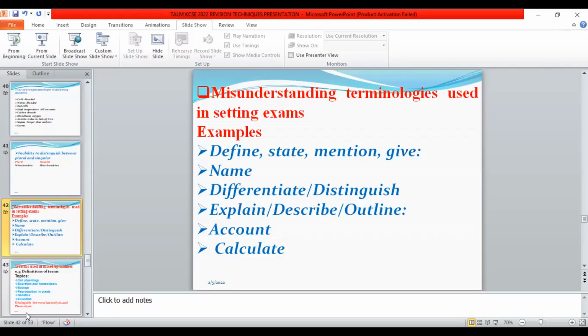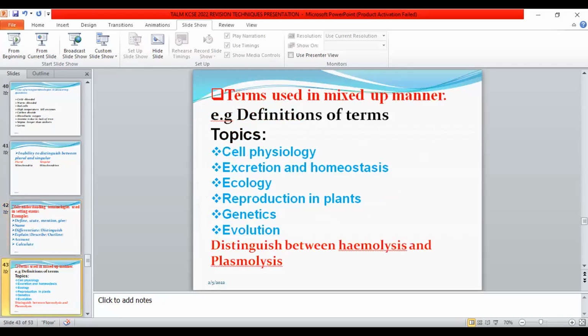If the question is carrying 2 marks, again, we have 1 mark for the formula. The other 1 mark will be shared on the substitution and the final answer, so that the mark for the final answer will be given if the substitution of the figures in the formula has been made. We move to the next slide on the other reason as to why students do not pass in biology paper 1.